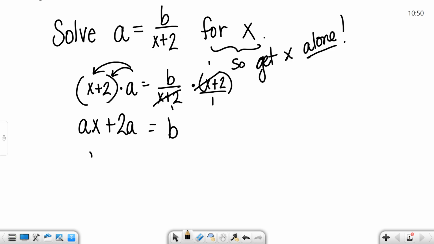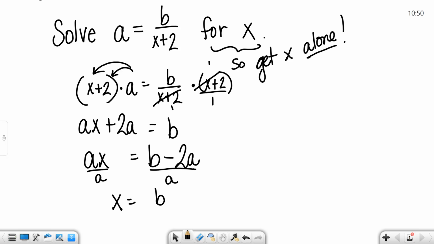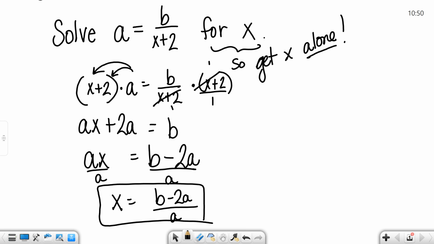Okay, so now I'm going to subtract 2a. So this would say b minus 2a. Okay, moved it to the other side. Now x is close to alone, but it needs to be divided by a. So x is equal to b minus 2a divided by a. And there we go. That's called solving for a variable. And they could define for you any equation. Okay, so they might say something like solve